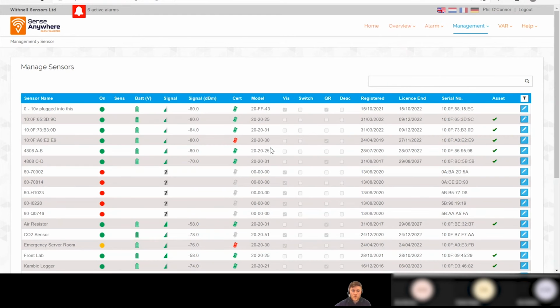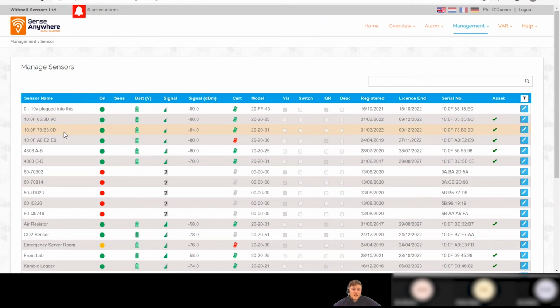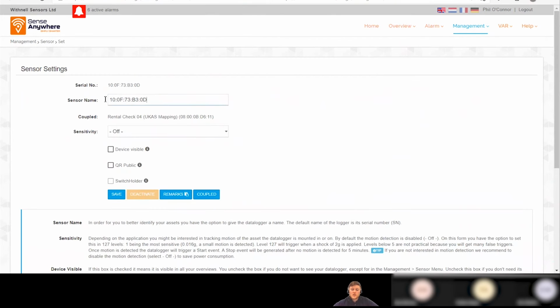And then on this screen, you'll be able to change the name of each sensor. If they were just inputted from the screen I showed you before, you'll see it as this, which is just the serial number of the sensor. Now, if you wanted to change that to a more user-friendly name, like Fridge 1, Freezer 2, etc., click the pencil icon on the right-hand side, delete whatever the serial number is, and type in Fridge 1, whatever you want it to be,